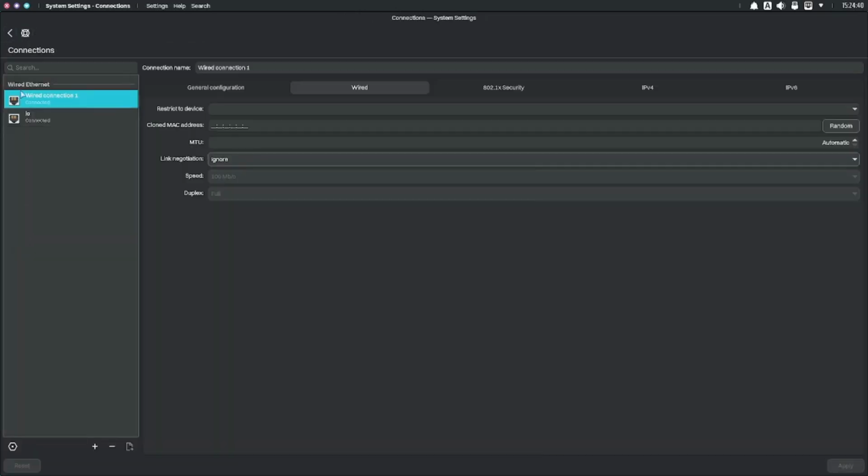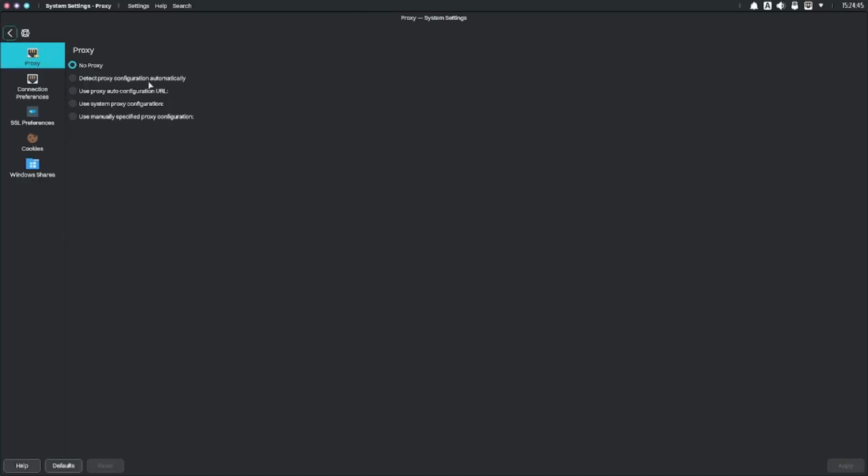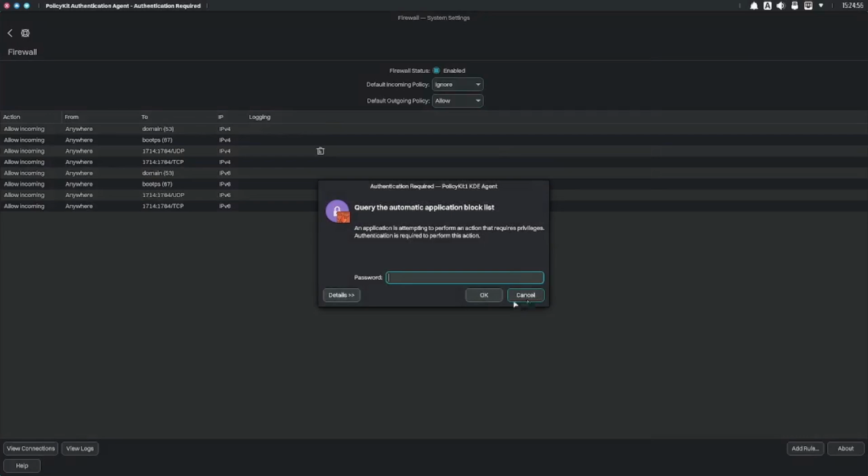The network connections. Then you have got network settings for the proxy connection preferences, SSL preferences, Windows shares, cookies. Then you have got the firewall settings. So you can enable the firewall from here. By default it is enabled. In some Linux distributions it is disabled for the first boot. Once you open the firewall for the first time, then it will start, and it will configure the auto start, and every time you reboot your system it is going to start. So I think there is an authentication failure. Anyway,